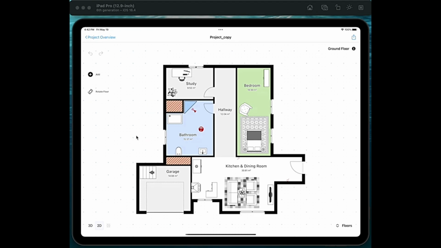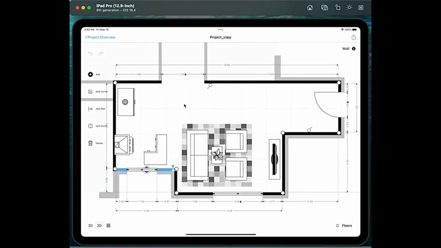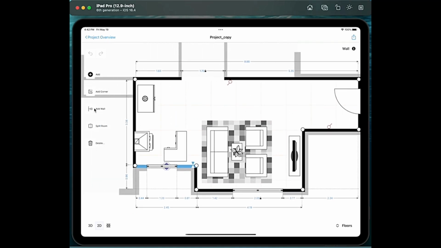We're now on my simulator, so you have to imagine being on the real app. I'm just using the mouse instead of my fingertips, but it works the same. If we want to start adding a partial wall, we select our room, and then we tap on a point on our wall. Let's say we want to add a partial wall here. We have the option on the side, Add Wall. We tap on that and voila, we have our wall that is recognized as every other regular wall by the